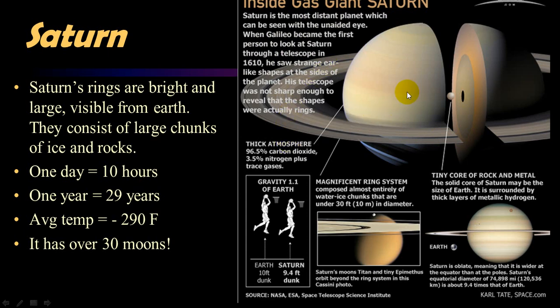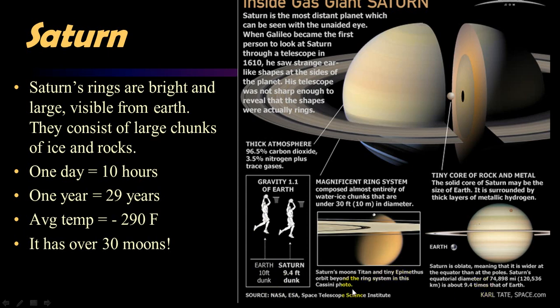It's got a very thick atmosphere. Remember, it's a gas giant. It may have a core of some sort that's solid. We're not sure. And of course, the ring system is amazing. It says here, that's interesting, that it's 1.1 the gravity of the Earth, which is strange because it's so big, right? But its mass is not great. In fact, they say that if you could find a bathtub big enough, it would float. It's very not dense, all right? So you could float the whole thing in a tub of water, is what they say. Once again, not sure how they know that.